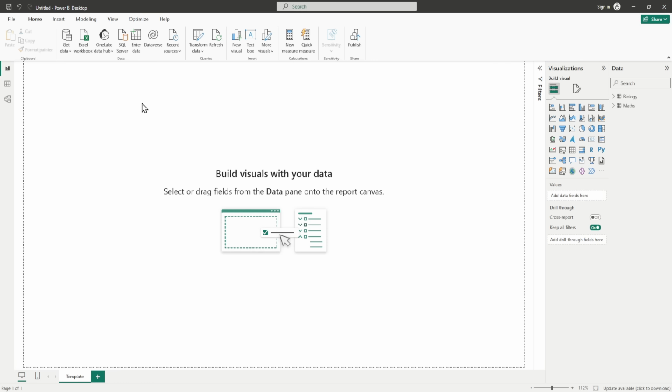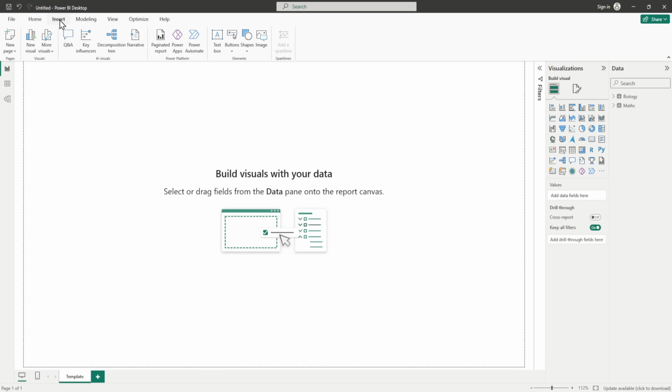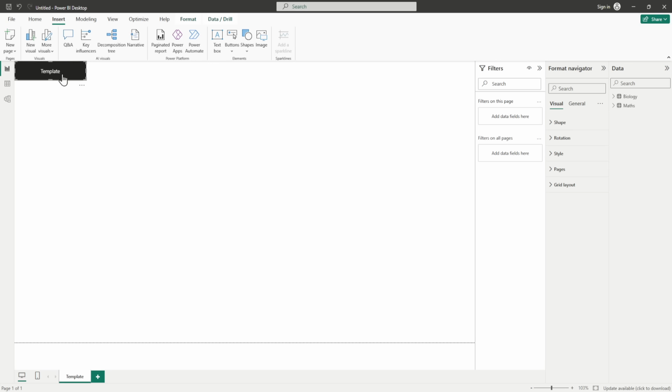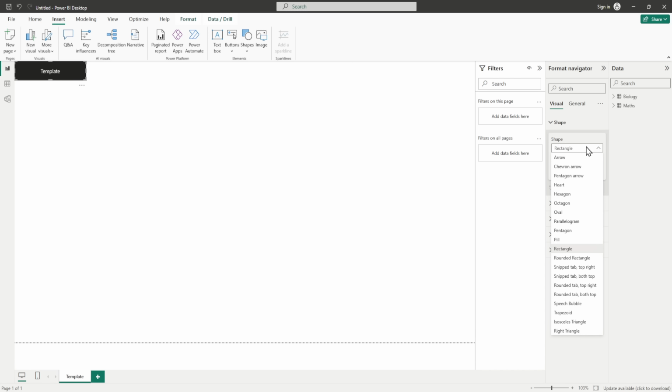And in this template, what I'll do is I'll click on insert, the first thing is I will take the button and I will go to navigator and I'll say page navigator. So there I'll get the page navigator. The first thing is designing the page navigator. So I'll go to the shape. I want it as rectangle, but in my case, I was using the shape which was in the shape of